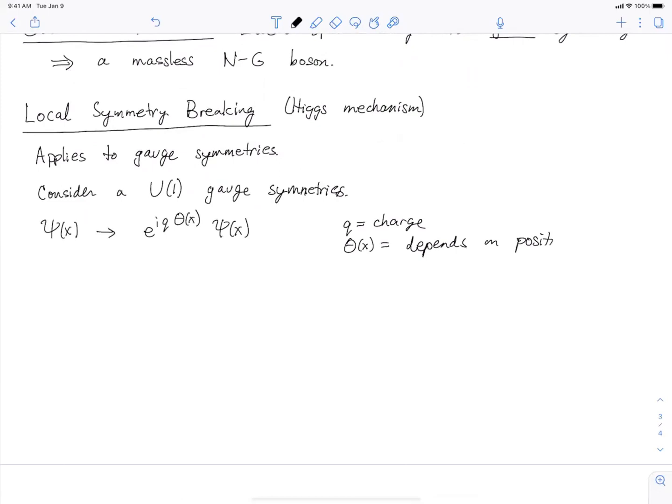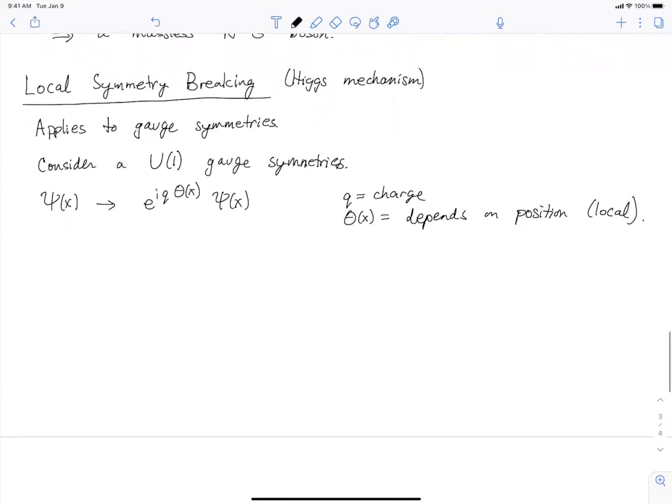And so that's what's making it a local symmetry. All right, so now if I have a theory that has this symmetry, and then psi bar of x goes to e to the minus i Q theta of x, psi bar of x,